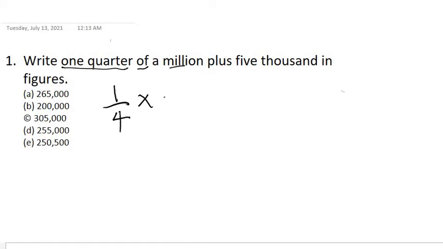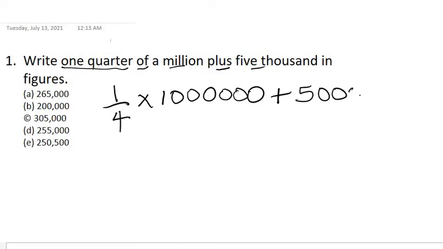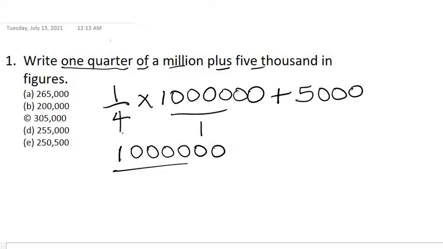A million, we will write down a million. So 1/4 times 1 million. Million has 6 zeros. The next instruction says plus 5,000. We have 5,000. Here, 1 times 1 million will give me 1 million. I'll get the 1 million back. Divide by 4 times 1 is 4. Plus